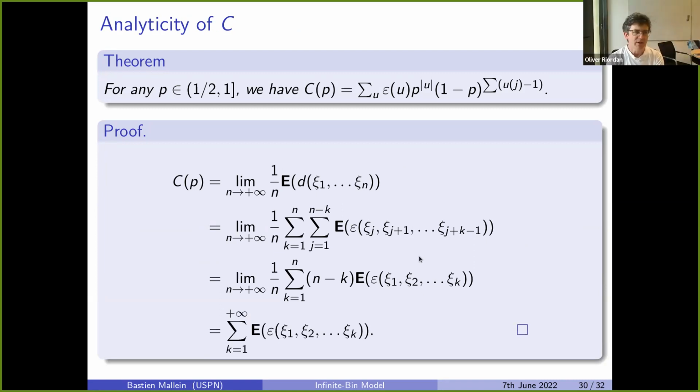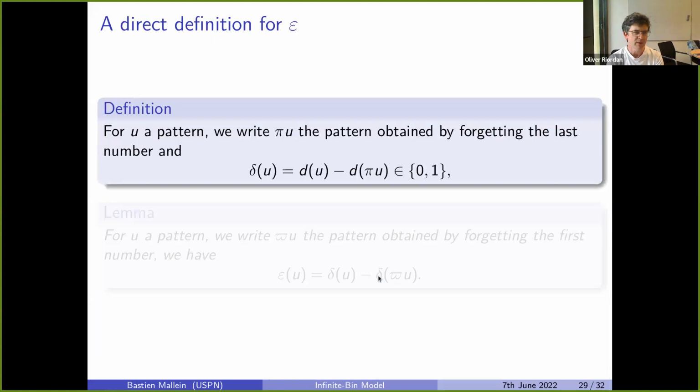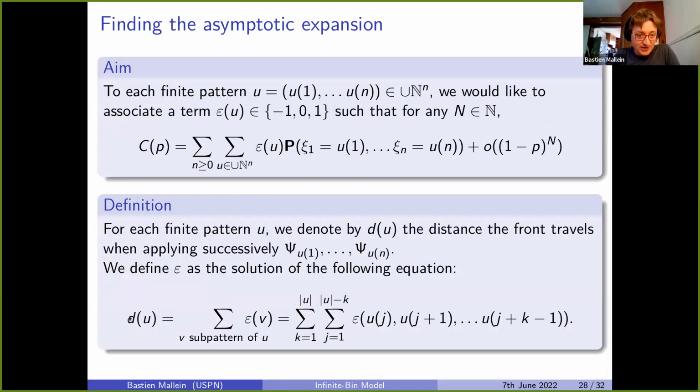Sorry, quick question. The definition, that's how much the front moves when you do pattern u, assuming what shape is behind the front, because doesn't it depend on what the shape is? That's a very good question. So it really depends on the starting shape. And what I'm claiming is that no matter the shape, every shape will give you a different configuration, but all of them will give you the same answer.